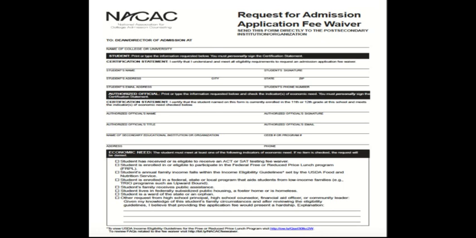You can use the NACAC one up to 4 schools. They just have to get it filled out by their counselor. They have to be eligible for free or reduced lunch, and there are some other things on there too. But this document is attached on the Google Classroom and to the email. And you can use it up to 4 schools.